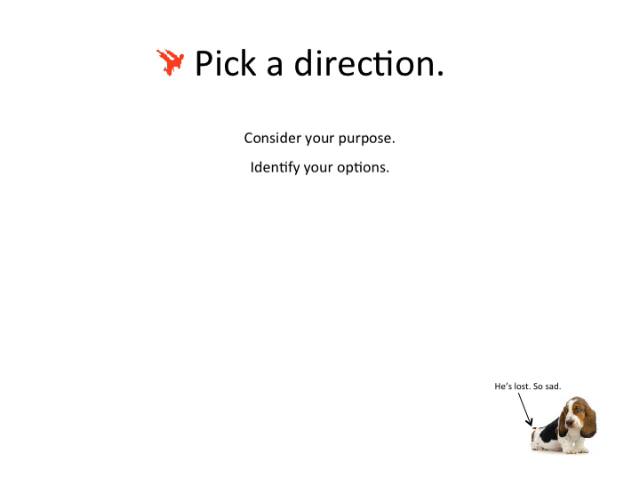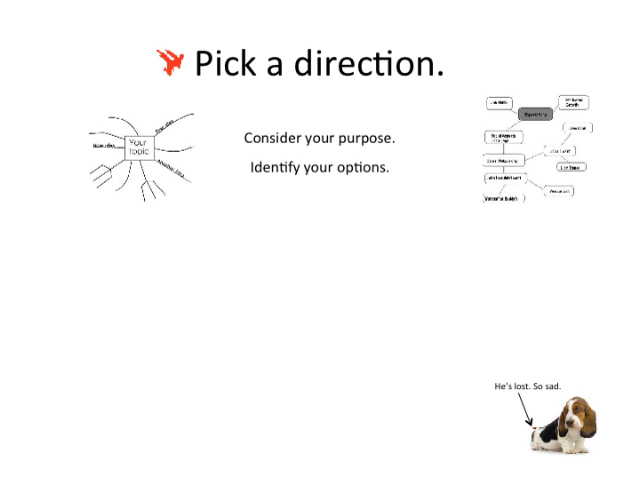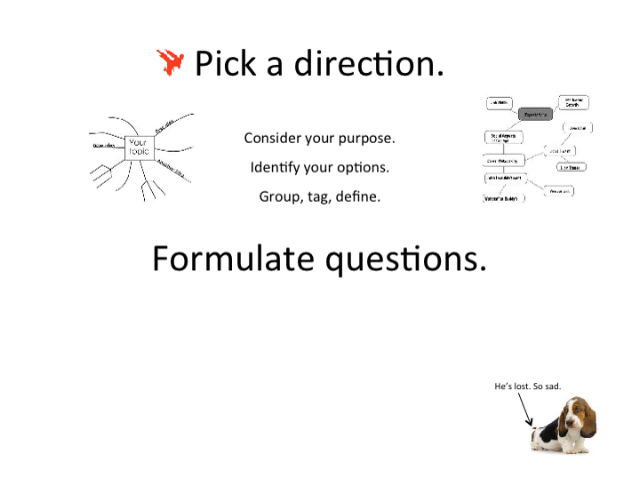Then, you want to think about how you're going to identify your options. To do this, brainstorm. You can use clustering or mind maps to help you do this. List all of the ideas and topics and questions that you have, and then begin to tag and define them. This will help you figure out what are the larger categories and what are the big questions that we need answered. Then you're going to formulate your questions